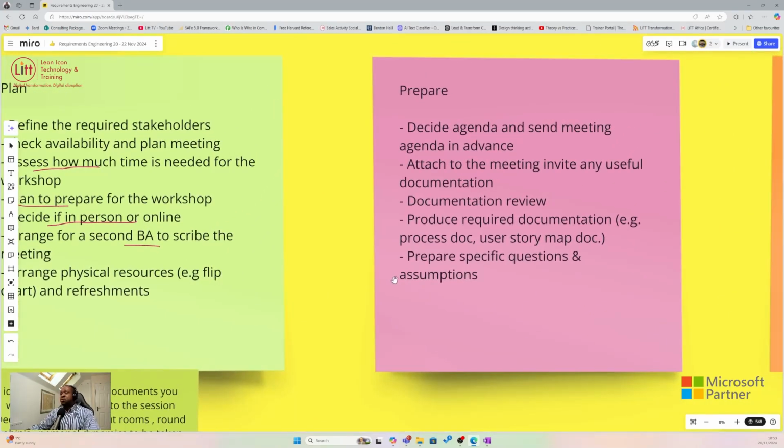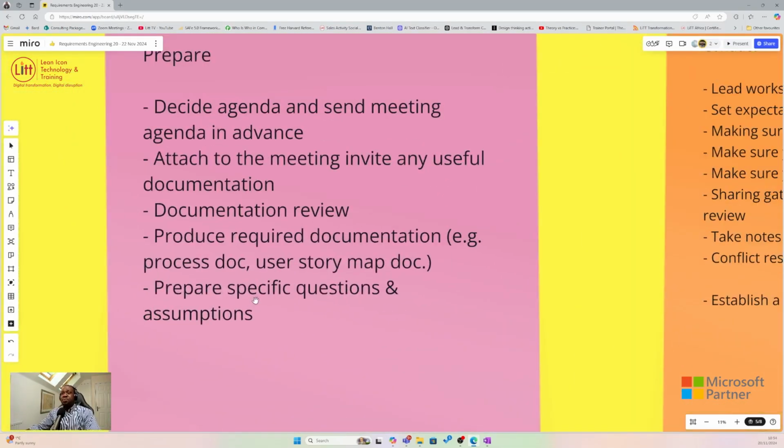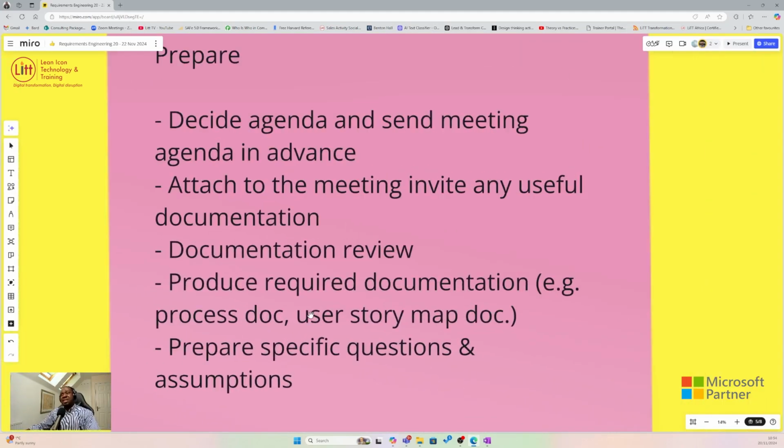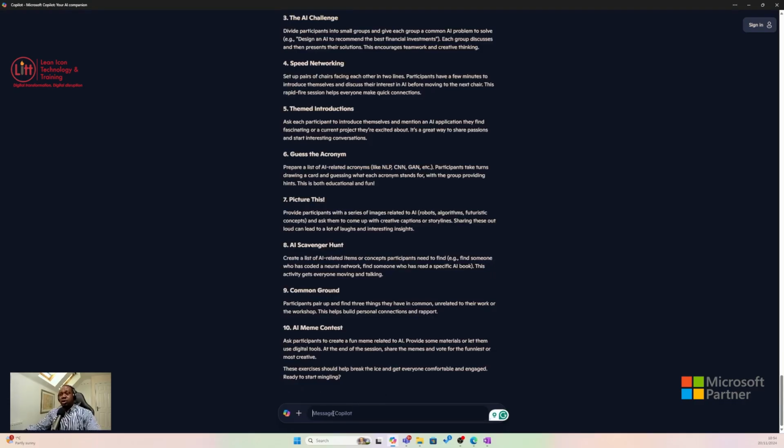Next, let's move to the preparation stage. In the preparation stage, we can use Copilot. It allows you to generate ideas and increases your productivity. So if it says decide on agenda and send meeting agenda in advance, with Copilot, you can decide, I've got a meeting coming up, I need an agenda. So I could go to Copilot and say, create an agenda for a meeting